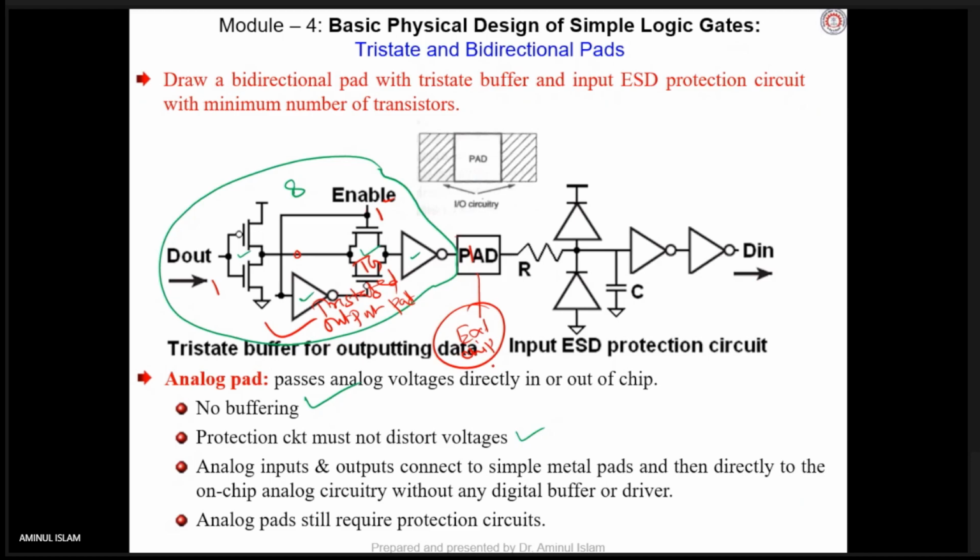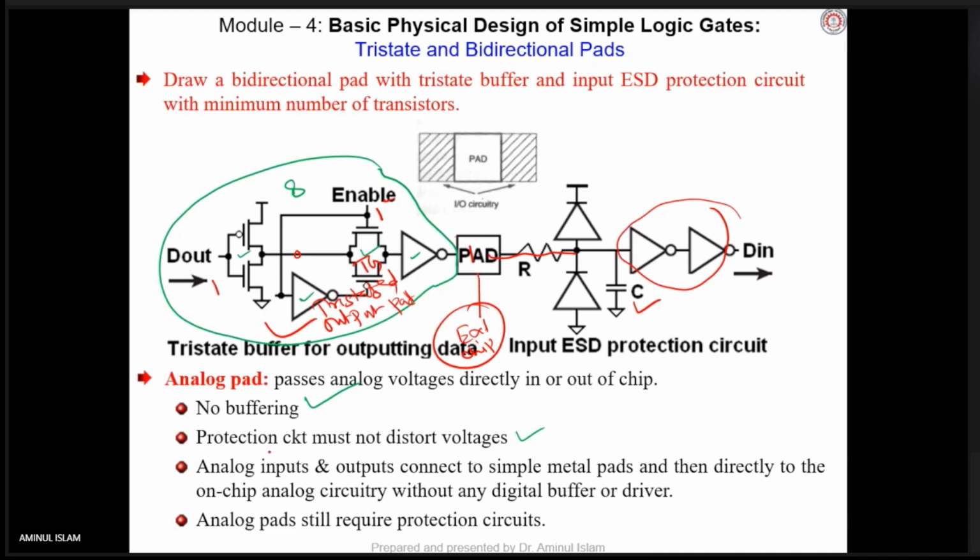Anyway, now this side is what? Input pad. As we have already discussed, through this pin, through this resistor, which is going to limit the currents in these diodes, and this is absorbing the initial shock, and then this is the buffer. One pair is shown here, it may be more. Is it understood? Yes or no? How the input and output pad, the bidirectional pad, can be designed? Understood, Prajwal? Yes, sir. Harsh Tripathi, are you listening? Yes, sir.